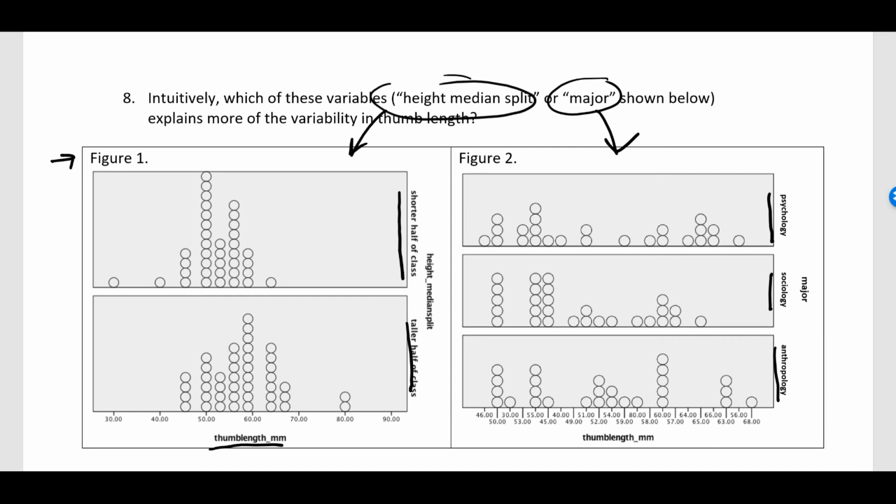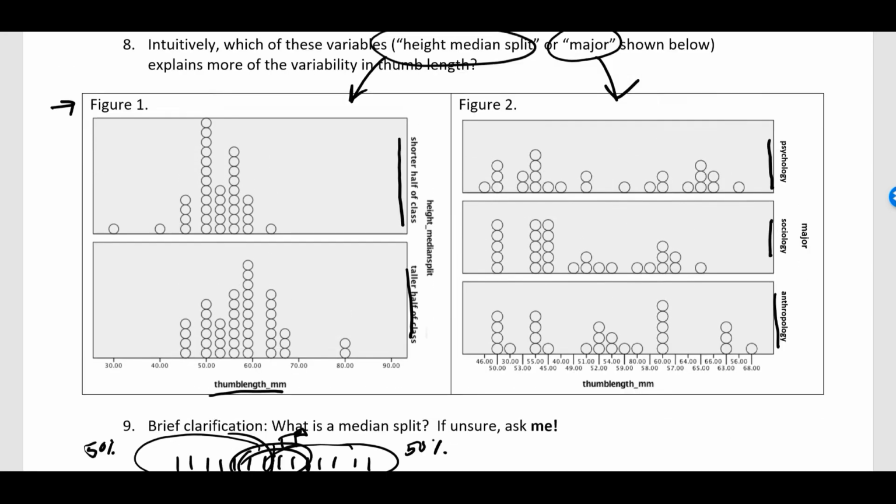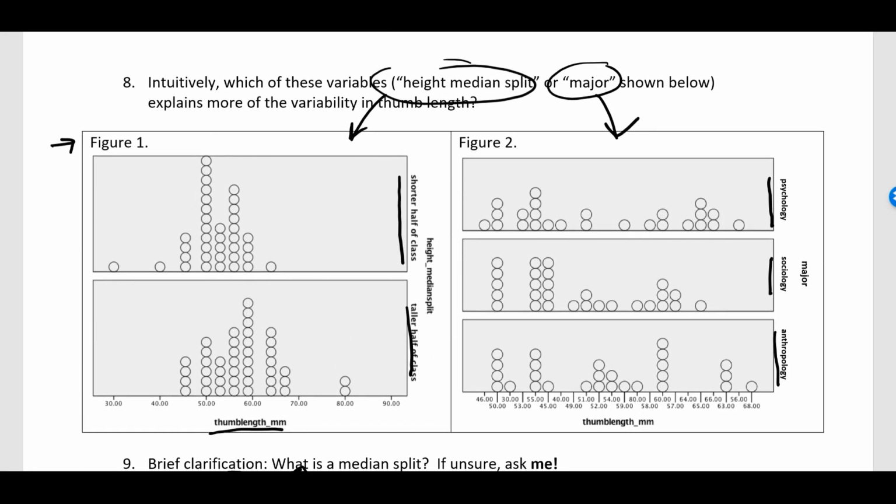It may help to think of it as, which one of these variables would be more helpful for predicting someone's thumb length more accurately? You may want to take a moment, pause, ponder, discuss. And then let's think about